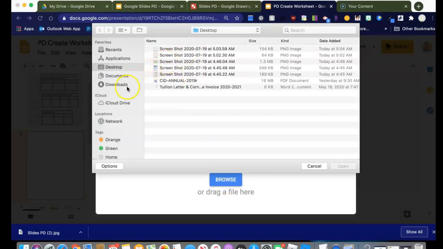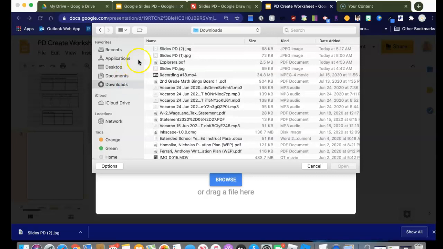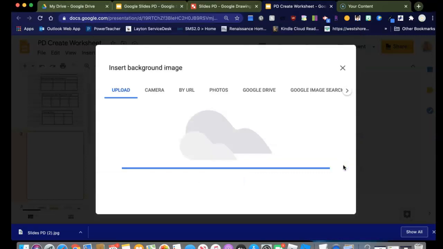and Downloads. Whether you're on a PC or Mac, you'll have an option for downloads, so you want to make sure you go to that downloads file to find it, and there it is. I'll open it,